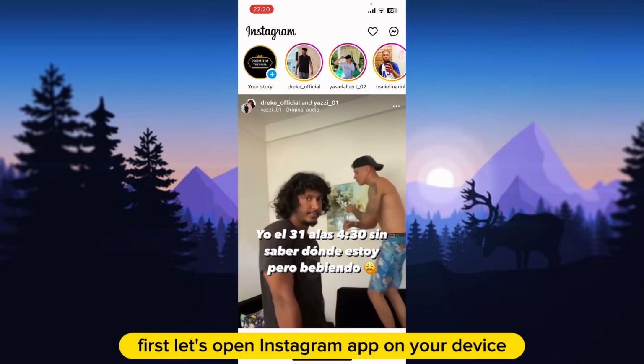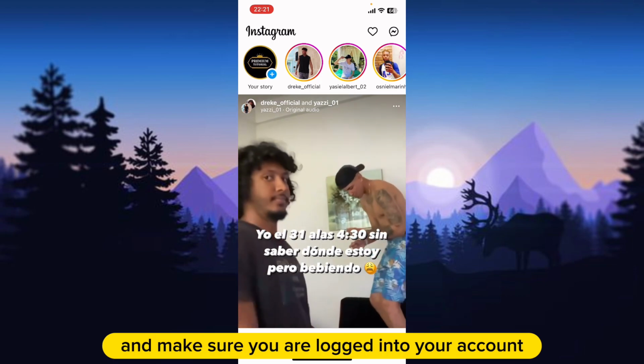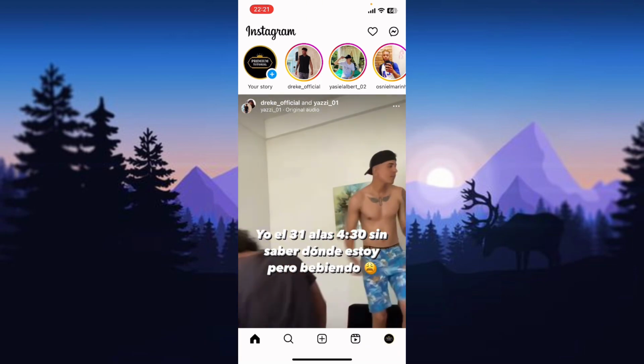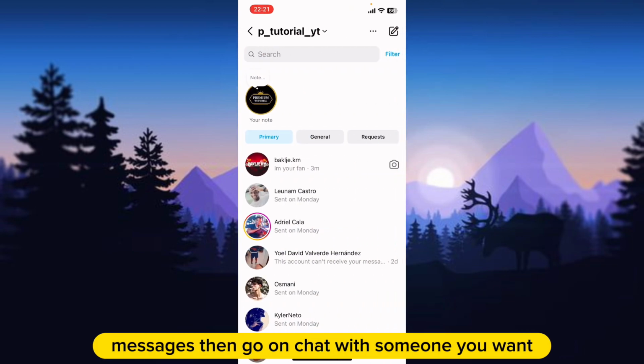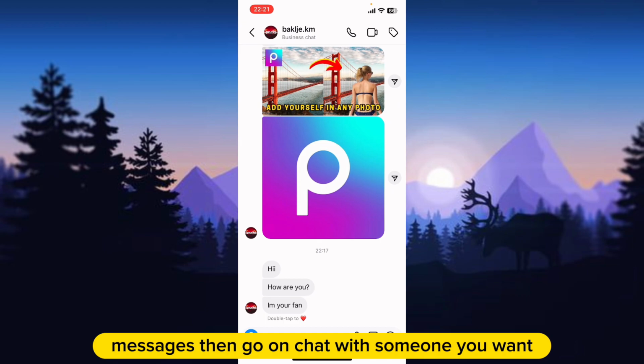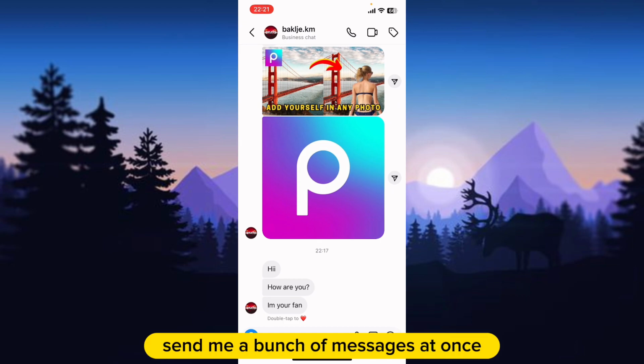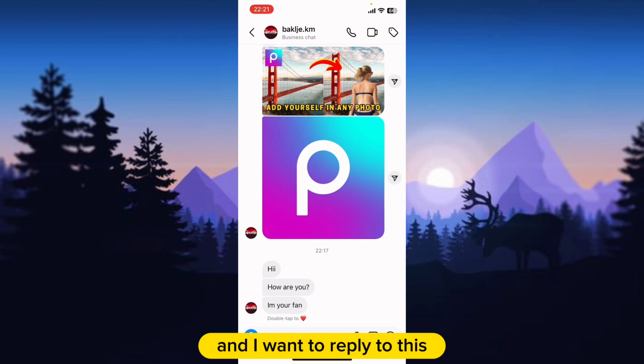First, let's open the Instagram app on your device and make sure you are logged into your account. After that, swipe to the left to go to your direct messages. Then go to the chat with the person you want. You can see that this person sent me a bunch of messages at once, and I want to reply to this "How